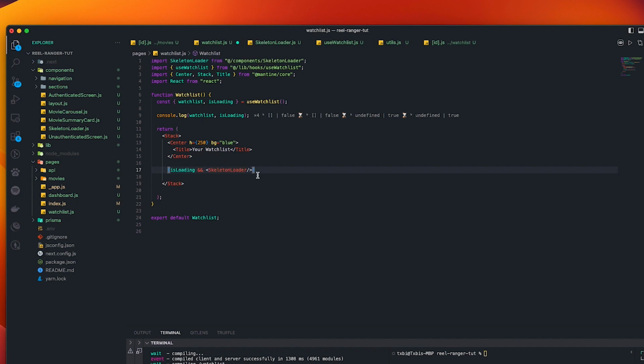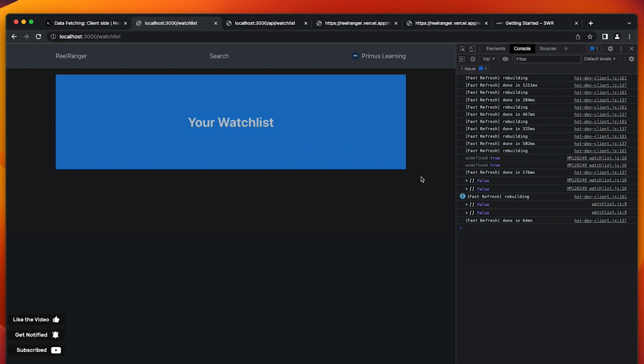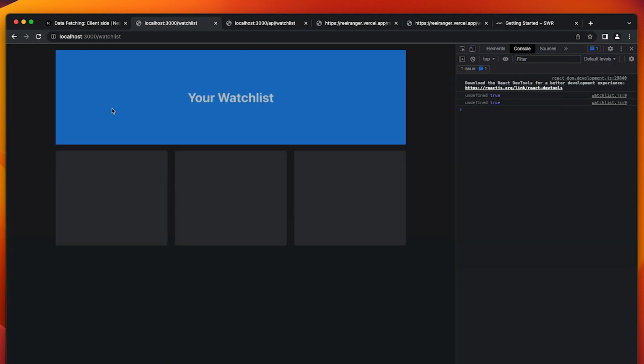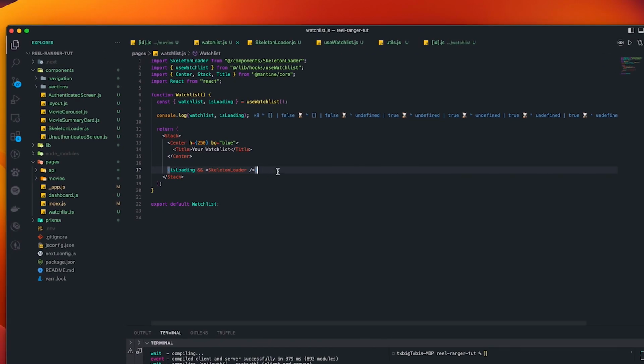Okay, so it's loading. So that means if our hook was returning a true loading statement, it would have rendered this. Let's refresh to see that in action. So refresh, you could see we had that loading state, which quickly went off. So if it's loading, it should display that